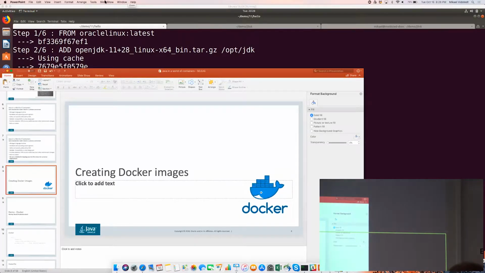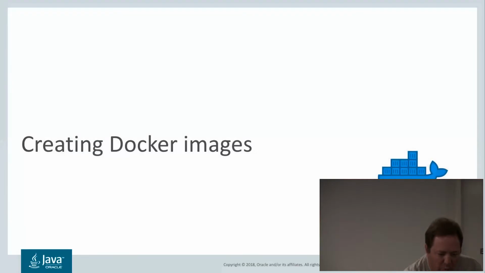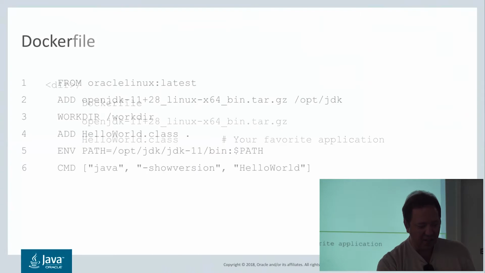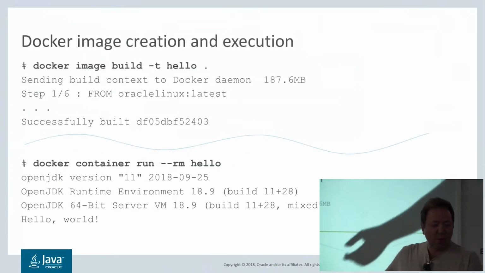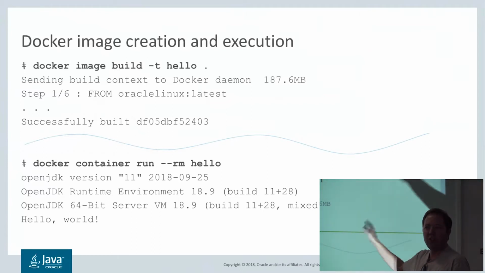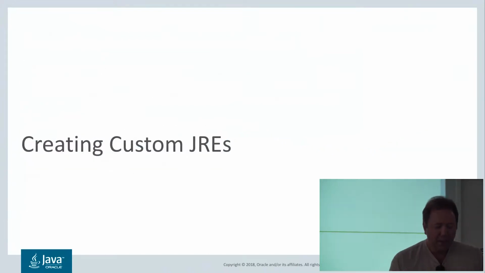Back to this. Okay, so I showed you just quickly how you can create your own Docker image, and I have backup slides in case things didn't work. Basically what I said, build you can do ahead of time, you can package your image, you can upload it somewhere, and it'll be there when you need it, and run later when you actually want to run it. So that's the background of creating Docker images.